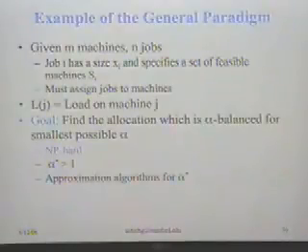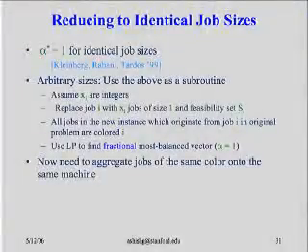So why are we looking at balance now? In the context of load balancing, you want to minimize the maximum load. In the context of resource allocation, you want to maximize what the poorest guy gets. In the context of load balancing, you want to minimize what the most loaded machine gets. But then you also want to minimize what the 2 most loaded machines get together, and then the 3 most loaded machines together, and so on. That's the natural analog of fairness for machine scheduling. So the goal is to find the allocation which is alpha balanced for the smallest possible alpha, and that turns out to be NP hard. We also know that alpha star is at least 1, and so we want to give an approximation algorithm for alpha star.